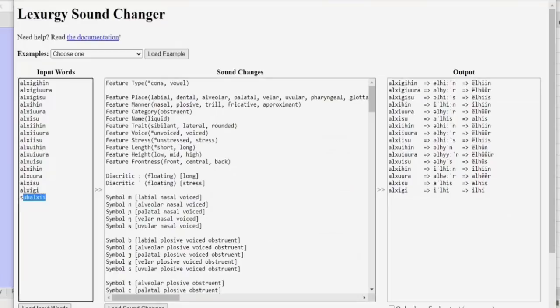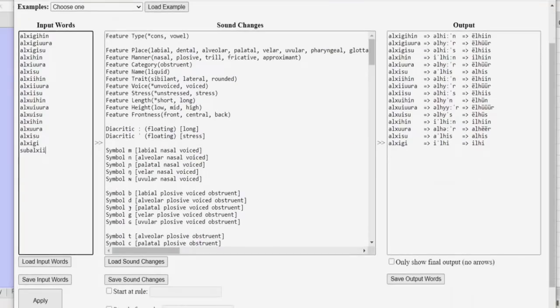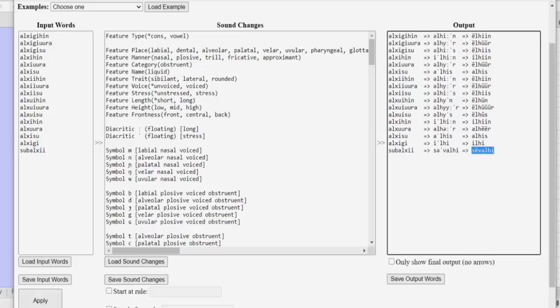So if we try that in Lexigy straight up, I'm putting a word final long vowel here because if I don't, then Lexigy is just going to employ the epenthesis thing even though we don't want it to in this particular instance. Because we said we're going to keep that LH cluster in there and not have word final vowel loss happen. Because if we do that, we end up with Savalhi, which even on its own is pretty good,